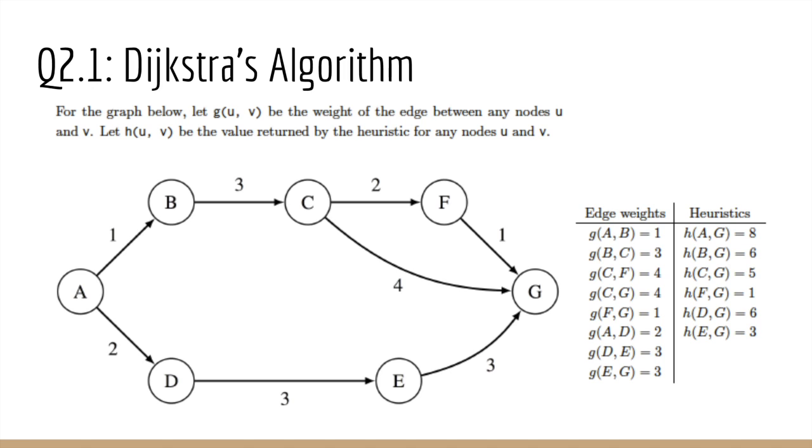In question 2.1, we have the following graph where we define g of uv to be the weight of the edge between nodes u and v, and h of uv to be the value returned by the heuristic for nodes u and v. For Dijkstra's algorithm, the general procedure entails inserting all vertices into a priority queue, ordering them by